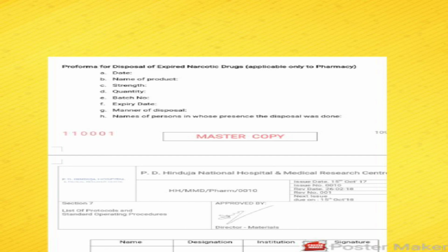It includes date, name of the drug, strength, quantity, batch number, expiry, and in whose presence disposal is to be done. It may be a pharmacist or drug inspector. After disposal, we fill in the name and sign the pro forma for expired narcotics.